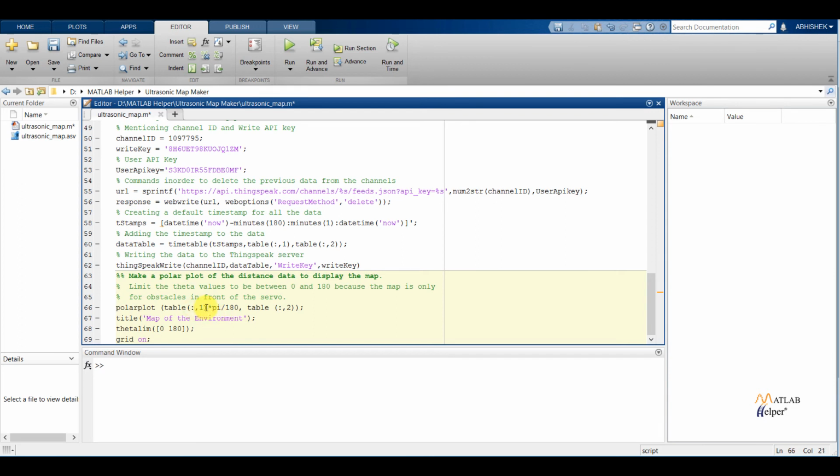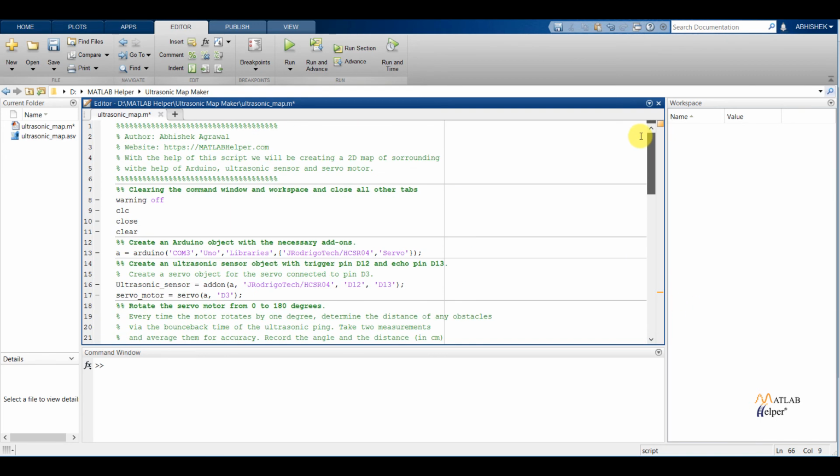As table 1 is for angle from 0 to 180 degrees, I am converting it using pi by 180, and the second column specifies the distance. So basically we have to plot angle versus distance. So this was all about the MATLAB code.